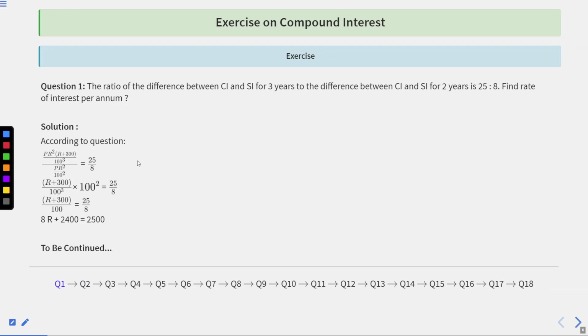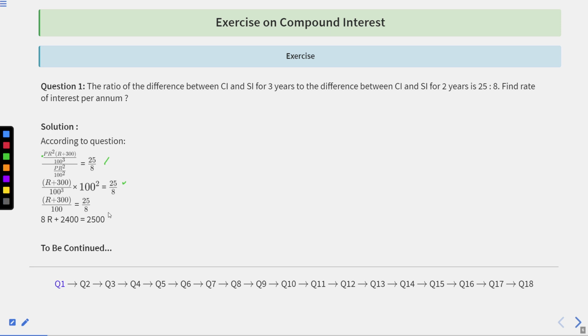So according to the question, PR square into (R plus 300) upon 100 cube, divided by PR square upon 100 square, is equal to 25/8, which is equal to (R plus 300) upon 100 into 100 square,